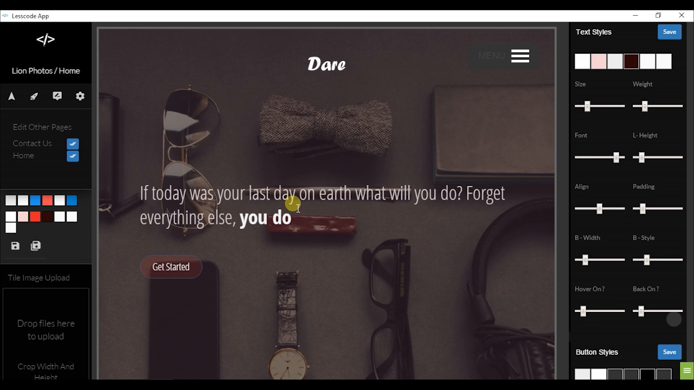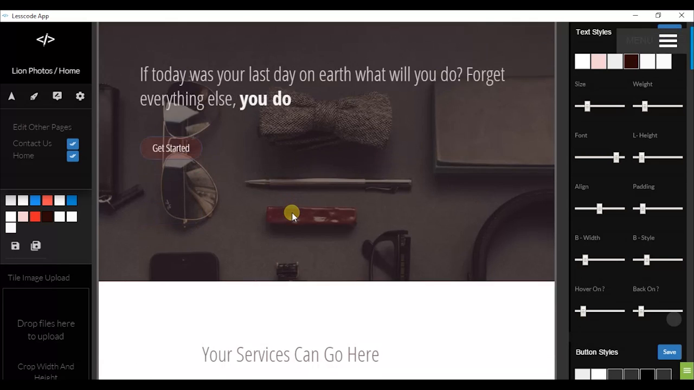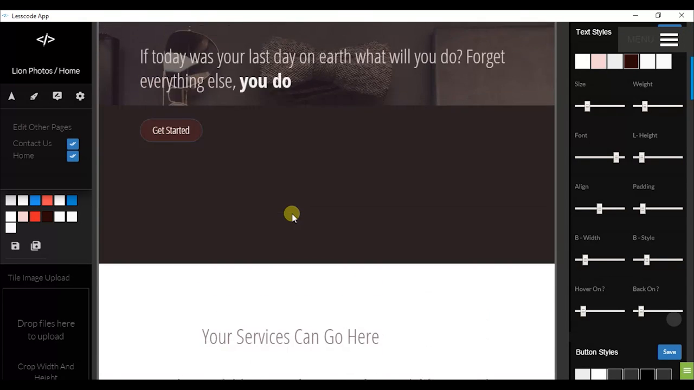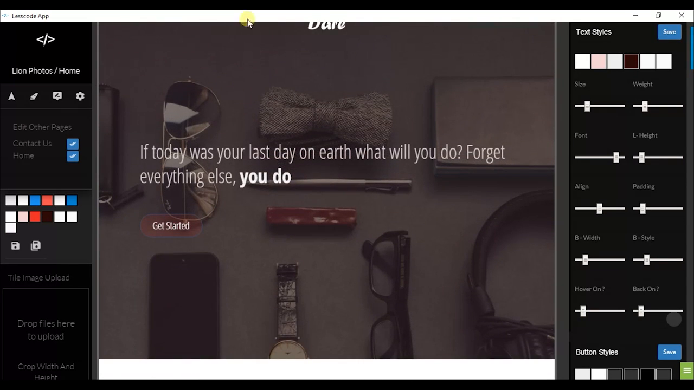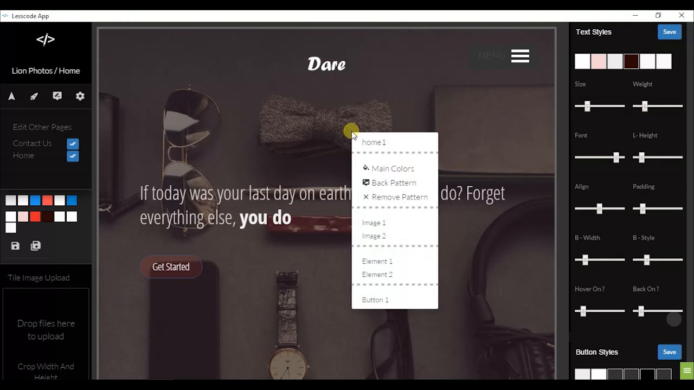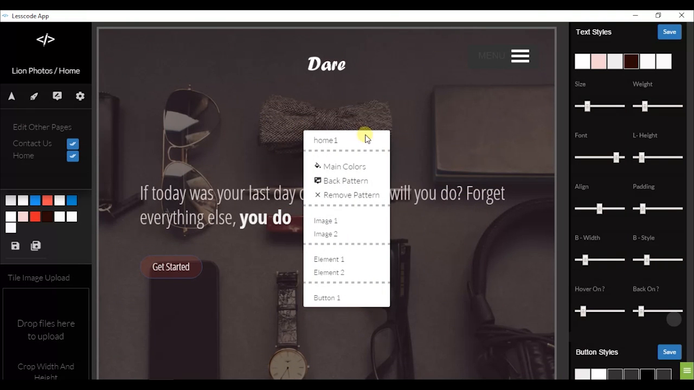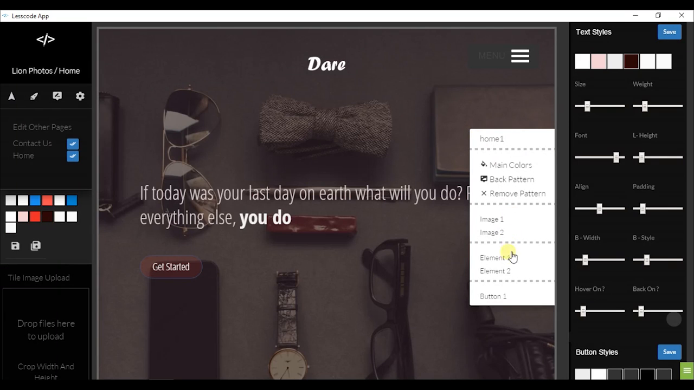Now that we have designed our page, it's time to edit the text and images in our website. So the first thing I'm going to do now is edit the image in the background. So I right click on the tile that I want to edit, and you can see